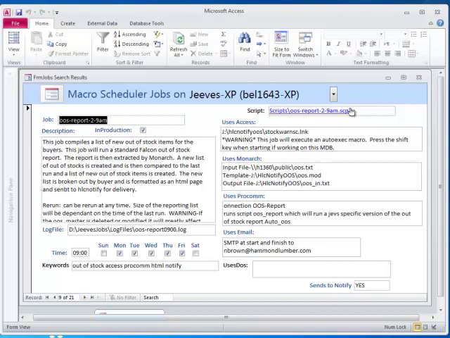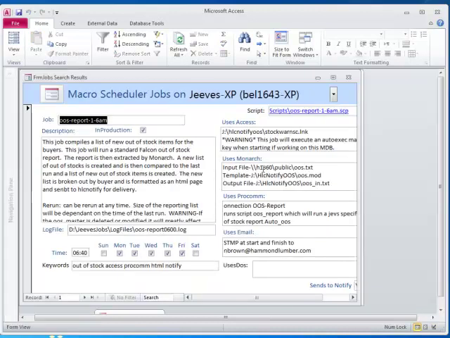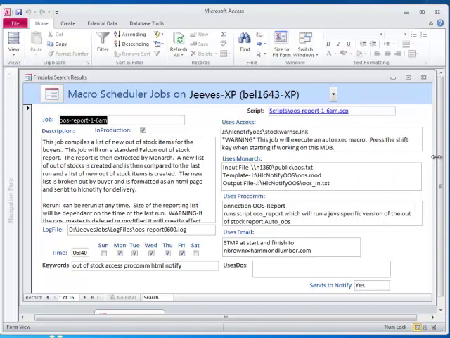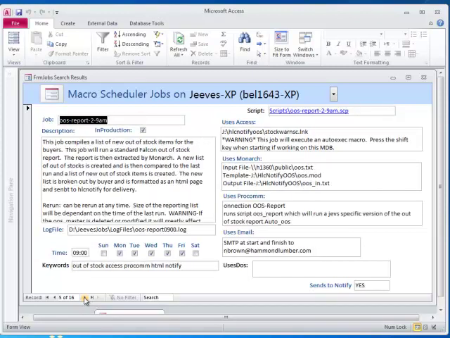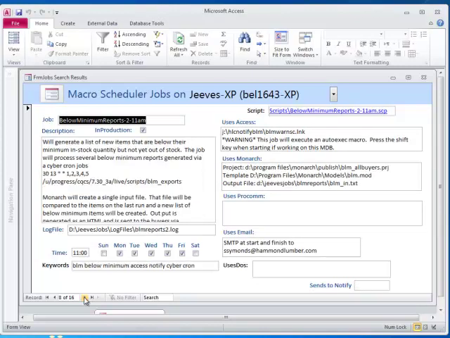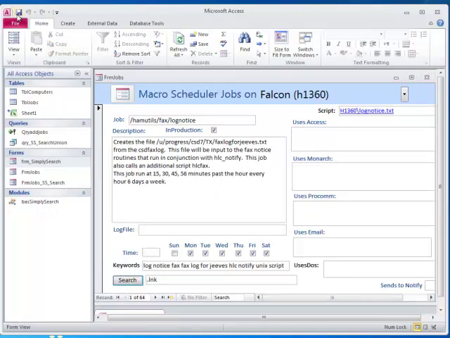We'll do another search just to prove that it's actually looking in the different fields. We'll look for .lnk. Search. And there we have, in the use access field, you'll see that we have 16 of them that execute from a link. And that is how simple and easy it is to add a search criteria, we'll save the form, to any form in Microsoft Access